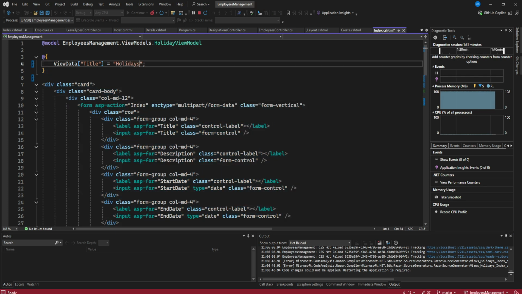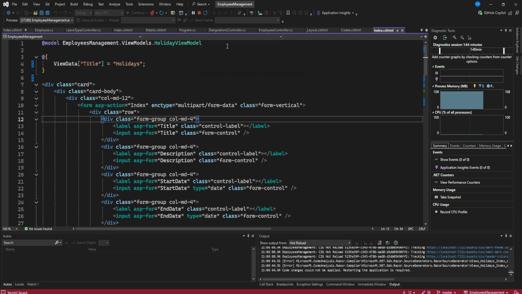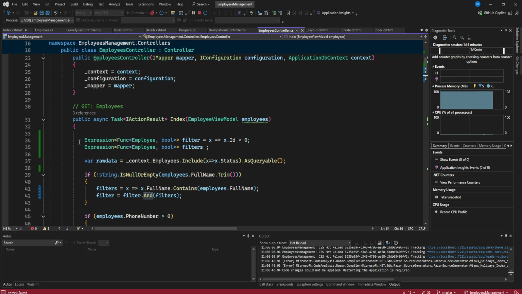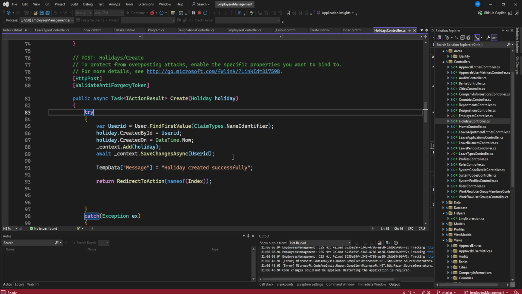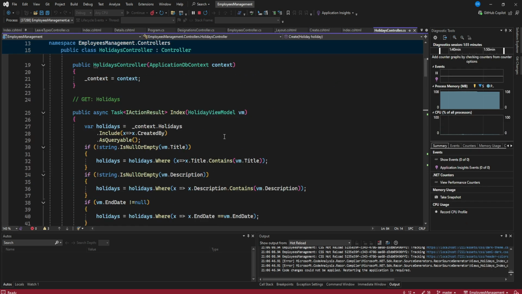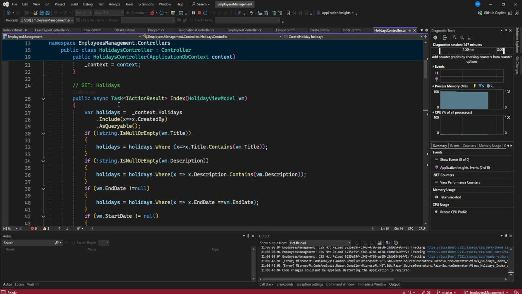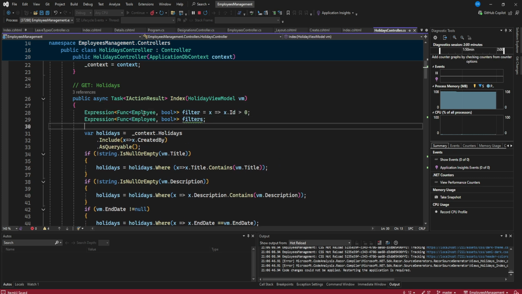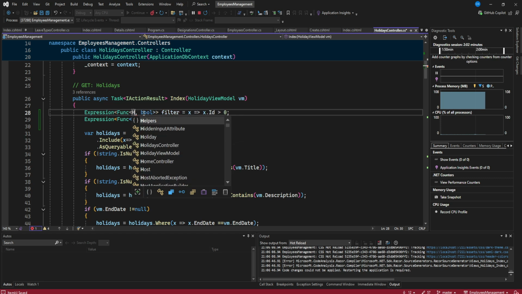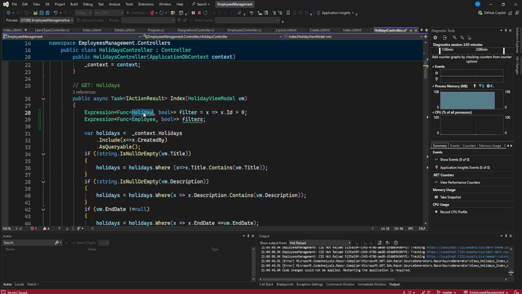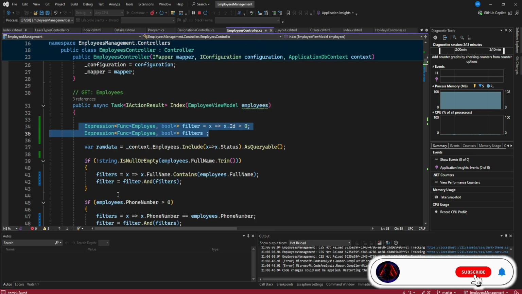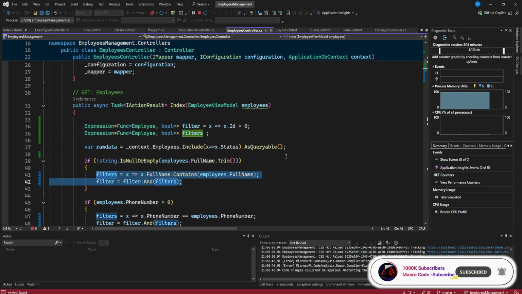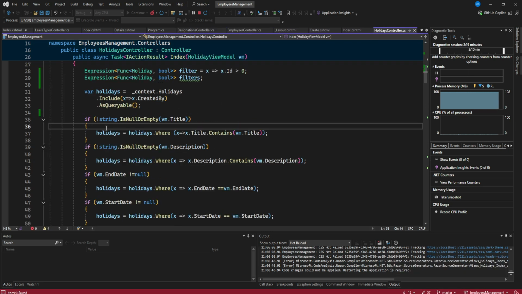So you can do holidays. Then here we can pass now. You can now use the expressions that we had on our employees and the holidays. So if you come to holidays index, so I think we had even added. So you can do here expression, then you can do this is holidays. So you can do holiday, this is holiday. Then here, as you do this, let's borrow from what you've been doing. So I copy this. We are using expressions. So I'll just do here